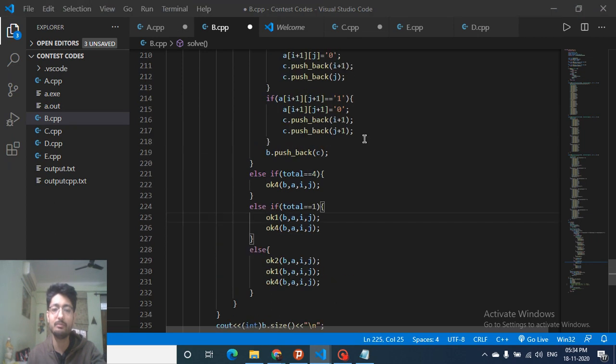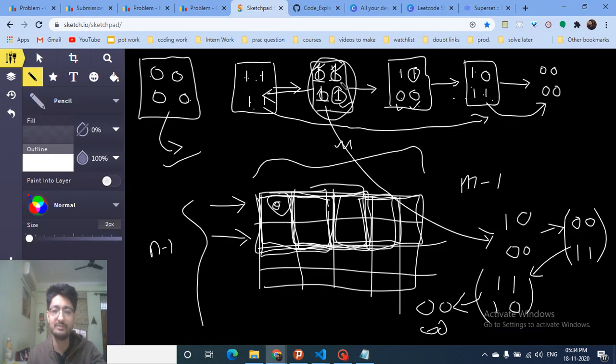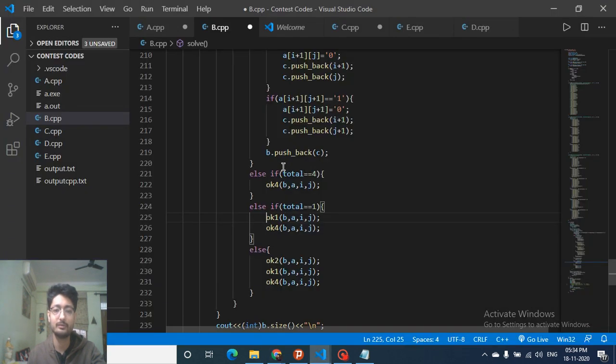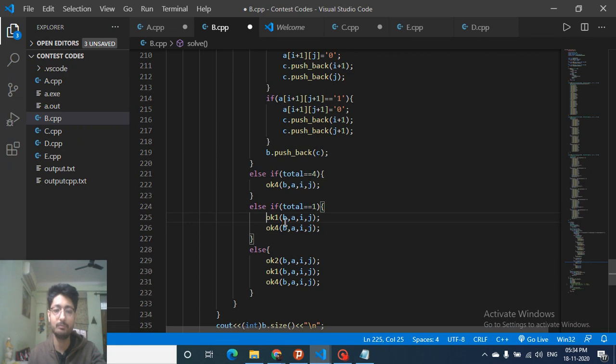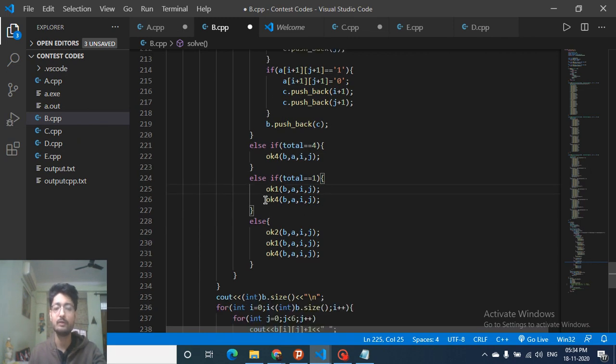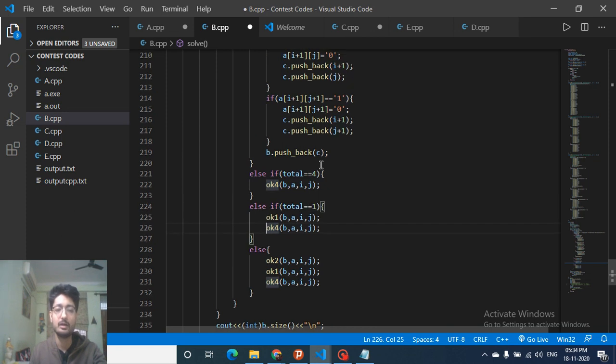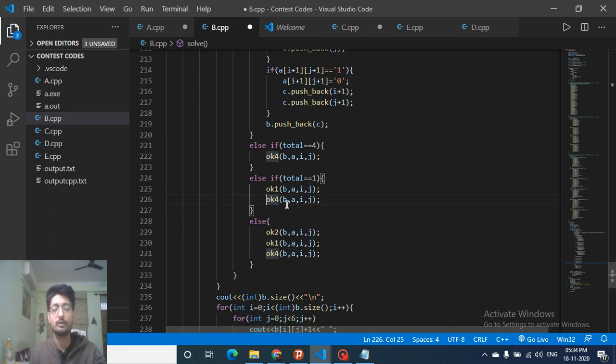This OK1 will find the bits which are off in this 2 by 2 square and make them equal to 1, such that now it becomes a square where all bits are on. And from this I can call the function OK4, which will again take the same path. If I have a grid where all the bits are on, I will take some path to make all of them equal to 0. And this function will push back the path I take into this B vector.